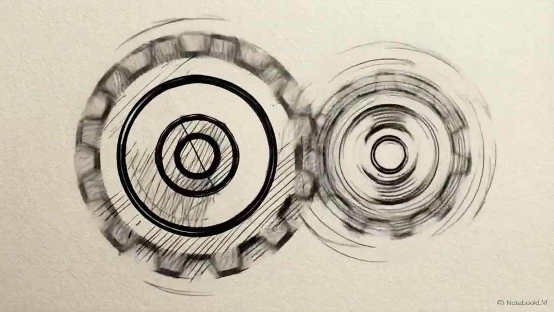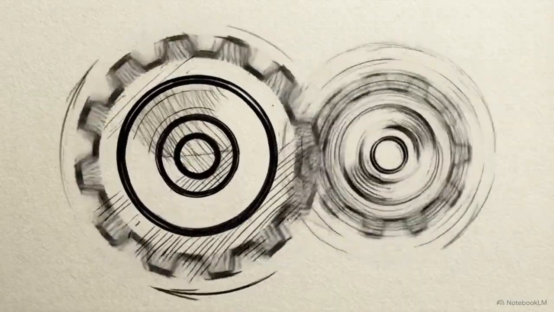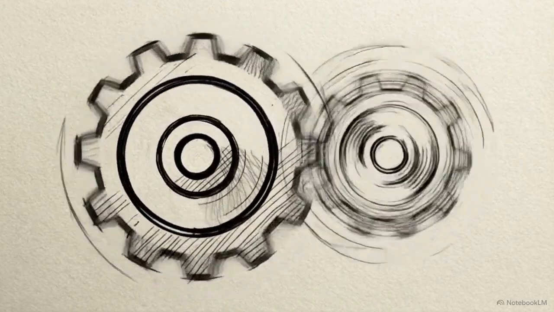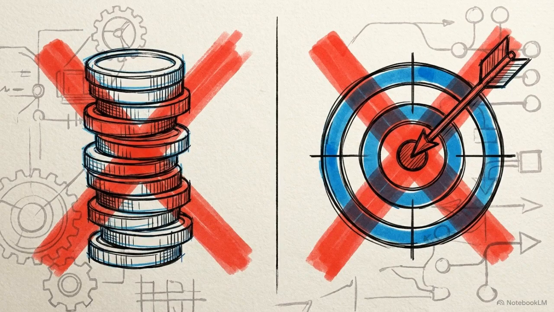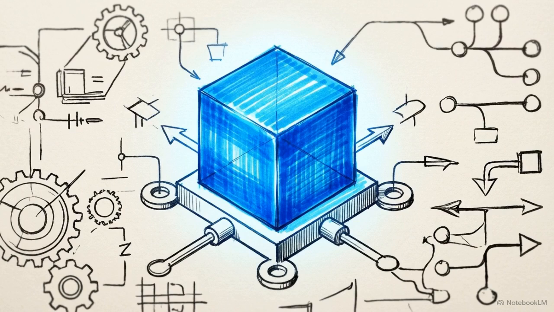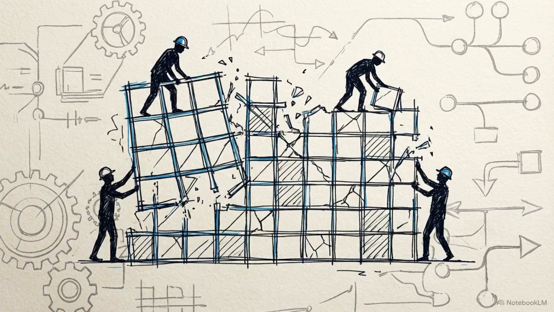There are two distinct operational tempos in modern business. One adapts immediately, while the other grinds through bureaucratic inertia. Competitive advantage no longer belongs to the company with the most capital or the most accurate day-one idea. The speed of these learning cycles creates a structural advantage. By iterating faster, a team can exhaust 10 failed assumptions in the time it takes a competitor to test one. This high-frequency feedback loop allows a company to arrive at a viable solution while competitors are still building their first